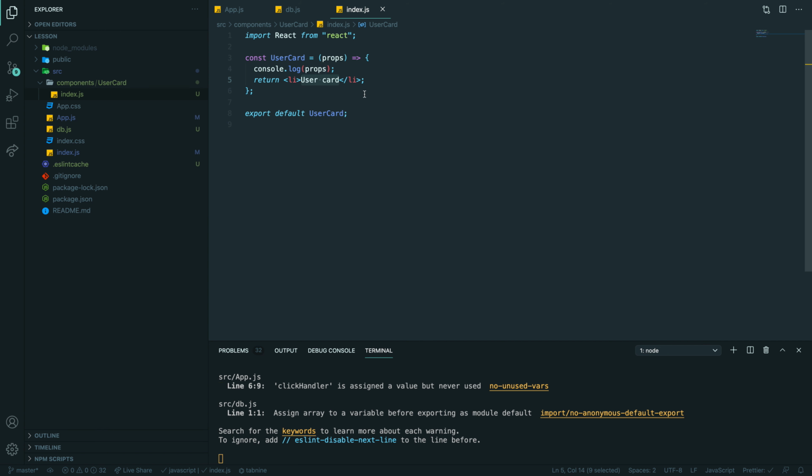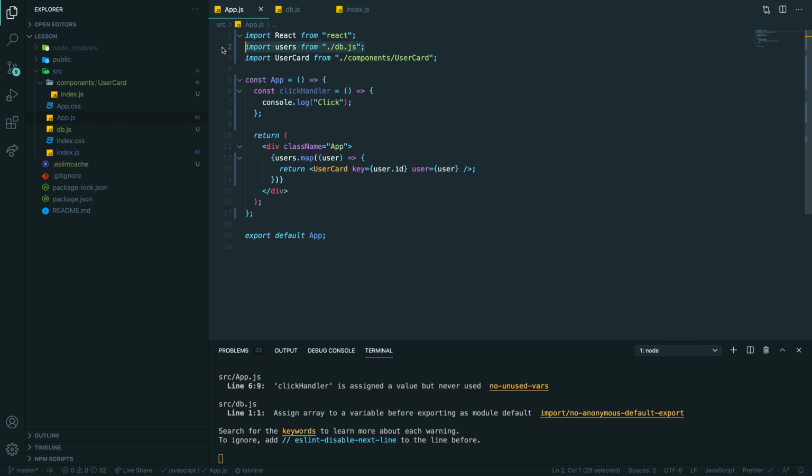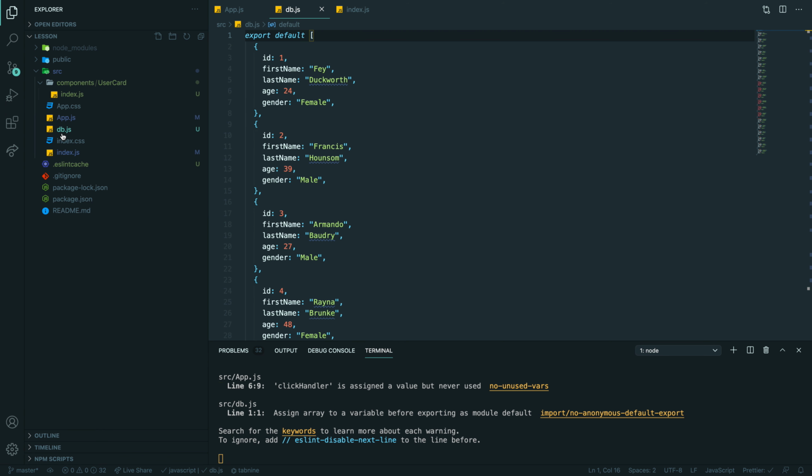Okay, those users are coming from the db.js file, right? Yes, in our case, yes. Which is just an object. It's not JSON. It's an array of objects.